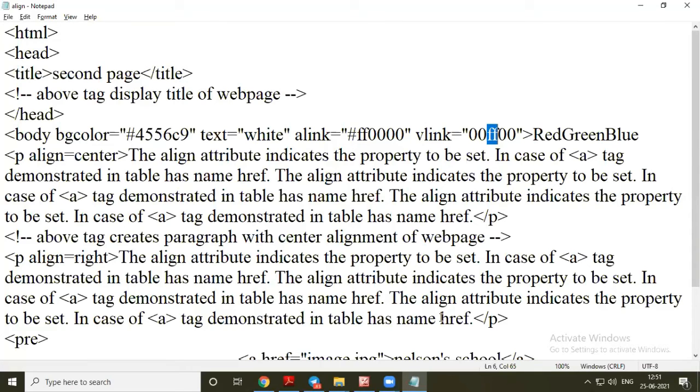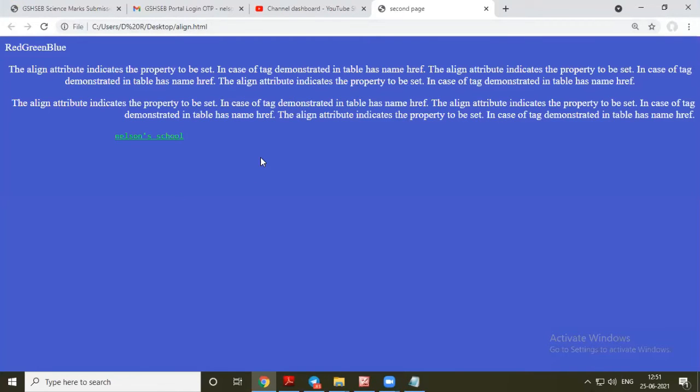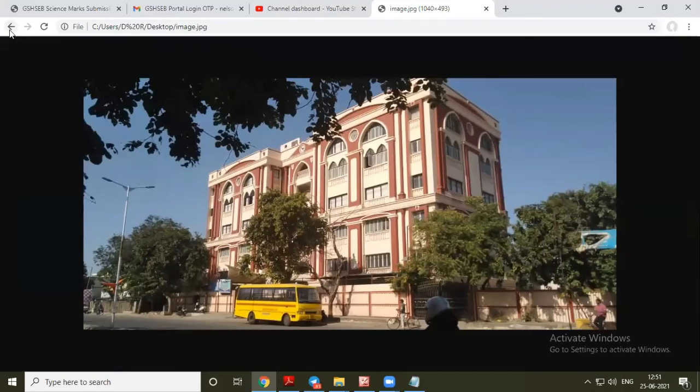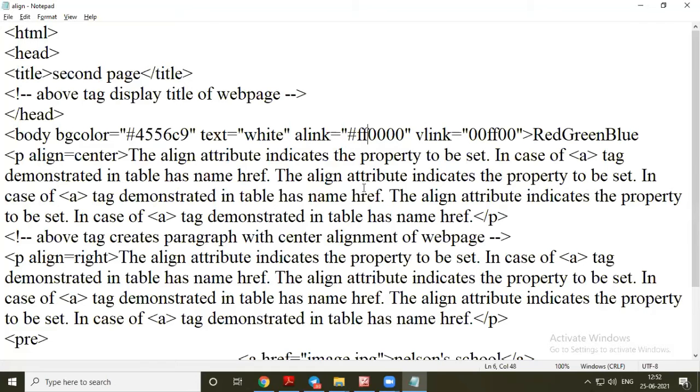Let's save this file and see the output. Now when I click here and come back, these two, A link and V link, active link and visited link attributes, are for the purpose of giving different colors to active link and visited link.